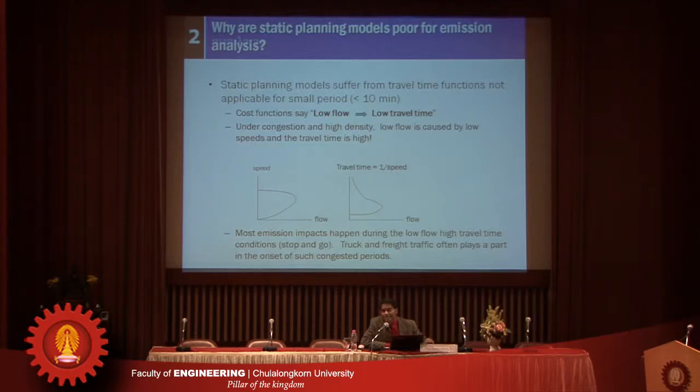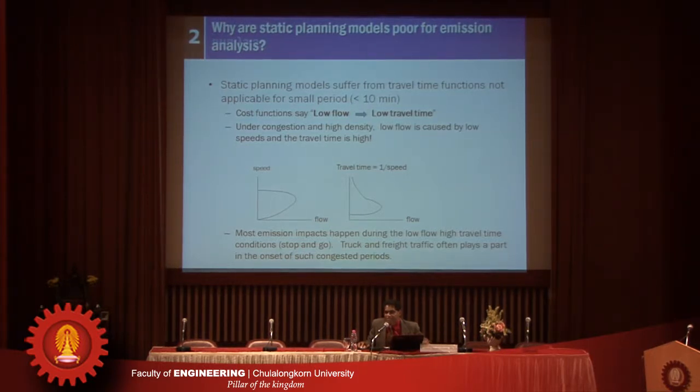Across a point on a link, as the number of vehicles increases, you get more and more delay. That is the cost function that is usually used. But the reality is kind of interesting. If you look at the traffic flow relations that are out there, what you'll actually find is that there are two regimes. You do have the situation where there are only very few vehicles out there, and you have